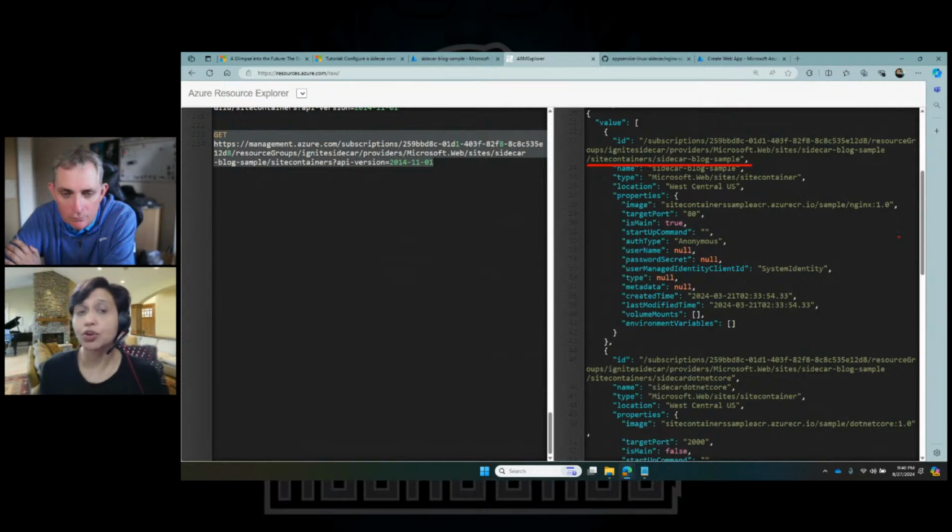When you say that you're creating or adding sidecars from the portal, what you're really doing is stuffing things into the container collection. So for each sidecar and the main container as well, we are just stuffing it into our site containers collection. You can see over here that the site containers collection contains things like the image. It is specifying that this is the Nginx image. That's what I was running by default.